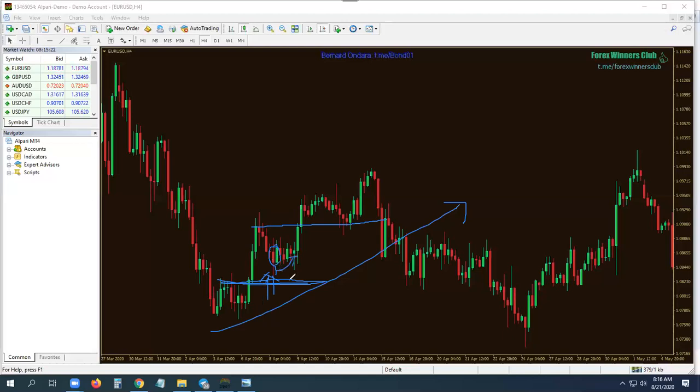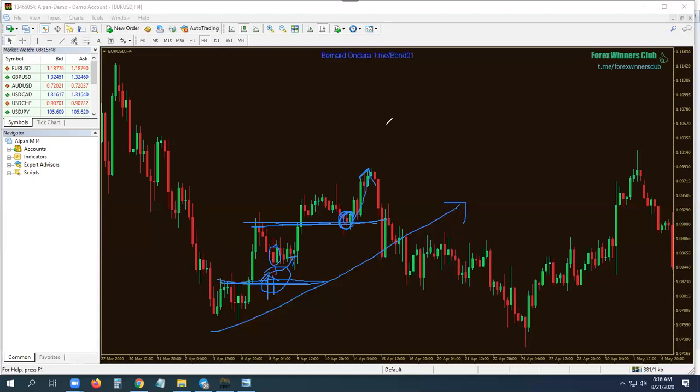Happening at support. Now remember, it was initially resistance, was broken, market has come back. Same thing happens. This is your resistance. Market breaks above it, comes back to the same zone. What kind of candlestick pattern do you see here? You can call it a morning star if you take 1, 2, 3, or you can call it bullish engulfing if you take 1, 2. That you can buy once again.